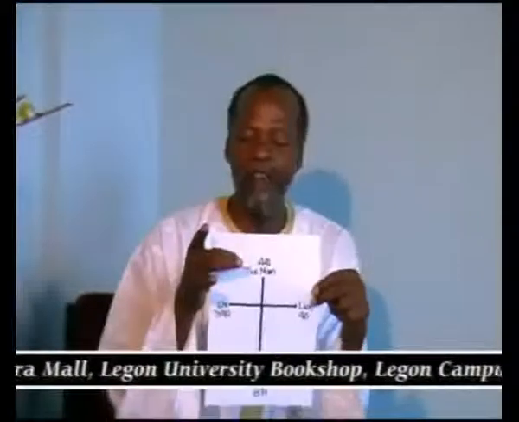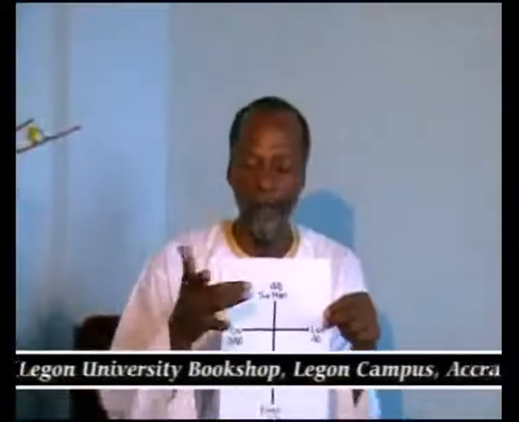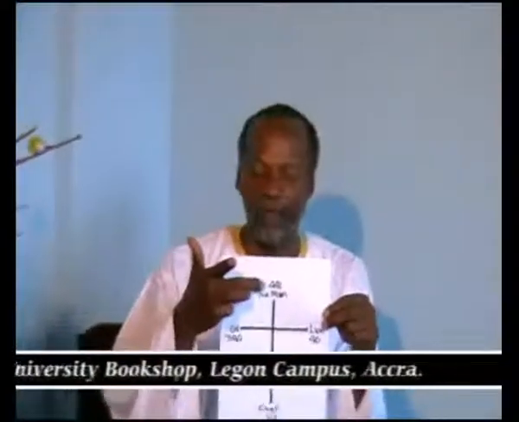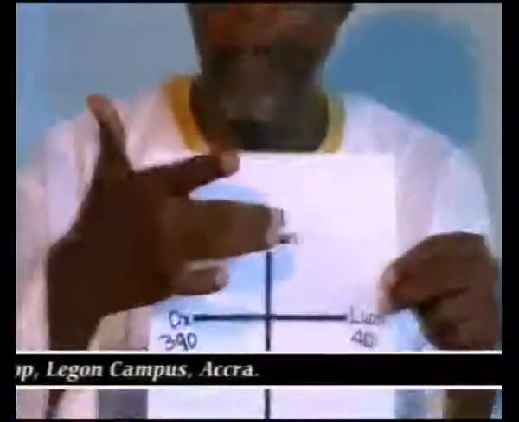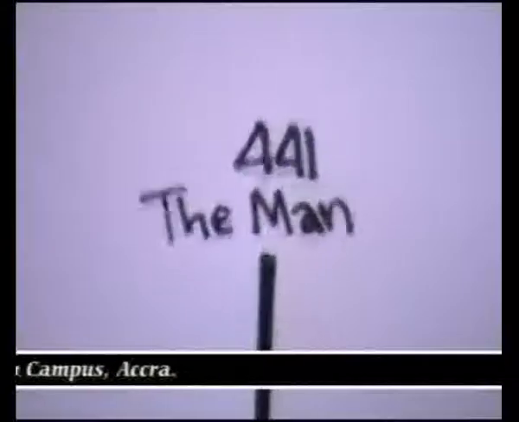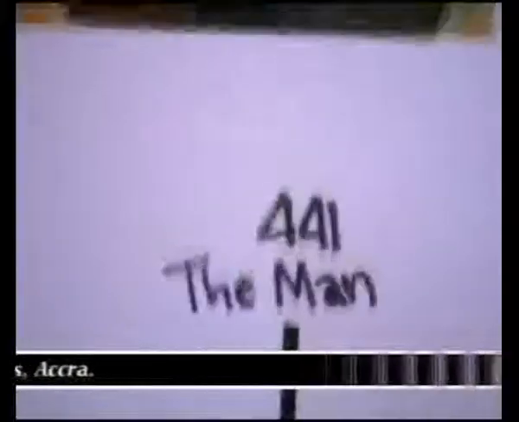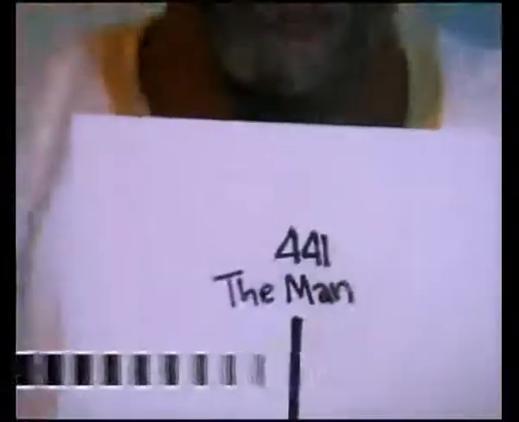The measurement of Martin, 144. You see, I've written it in reverse, because the sum 441 plus 390 equals 831, which is a number